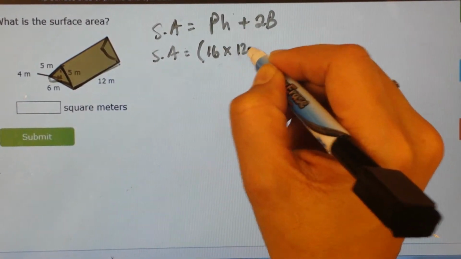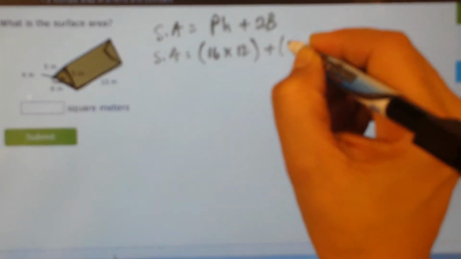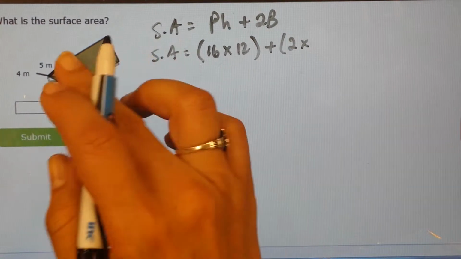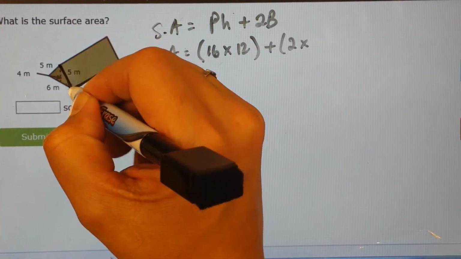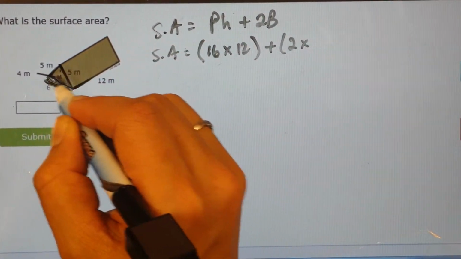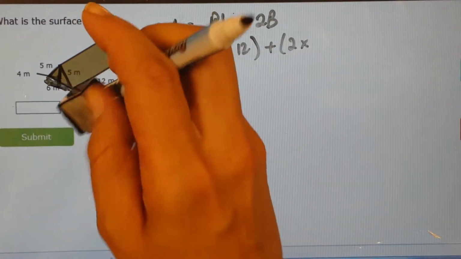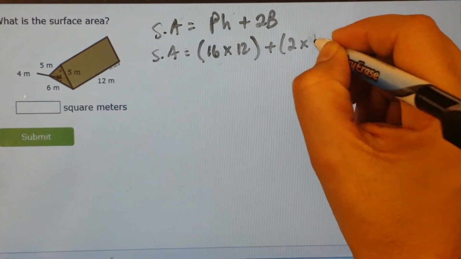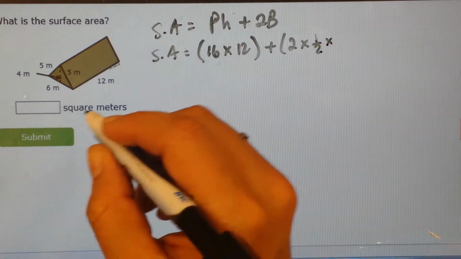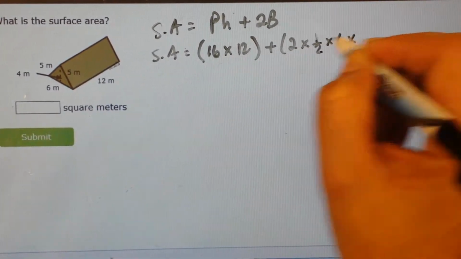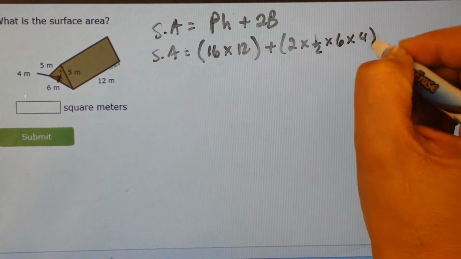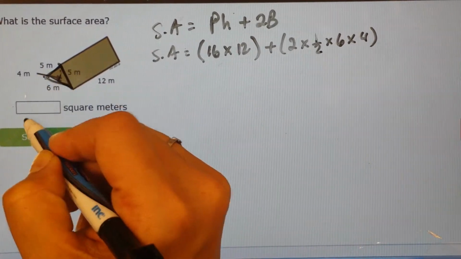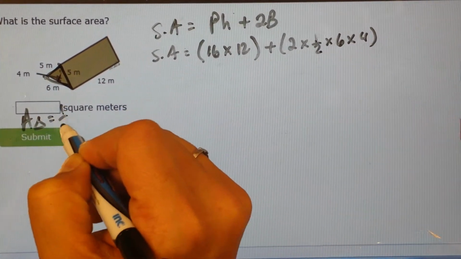Okay, the height is 12, plus 2 times the area of the base. Again, here's the base, the area is the base of it, and the vertical height. So 2 times 1/2 times 6 is the base times the height of just the base, which is 4. And again, this is just the area of a triangle. Area of a triangle is 1/2